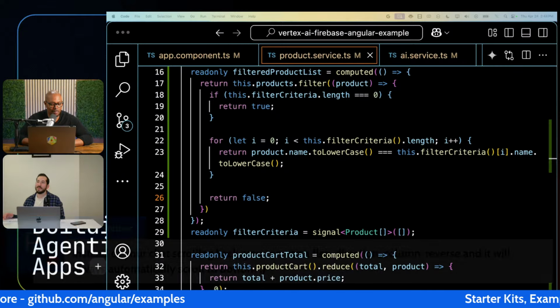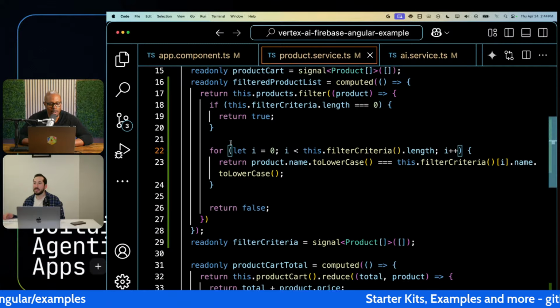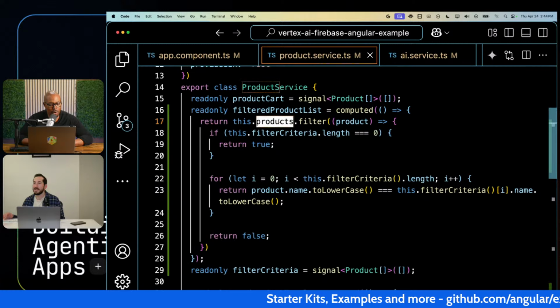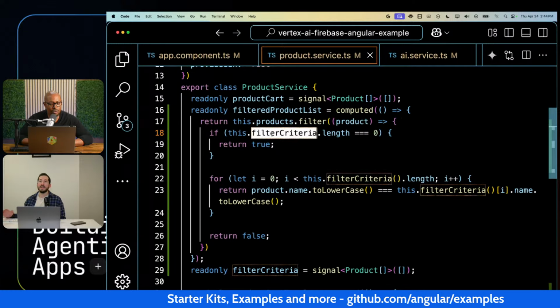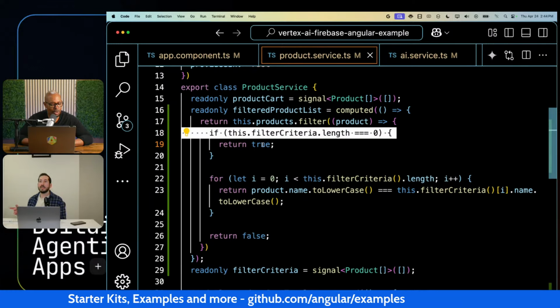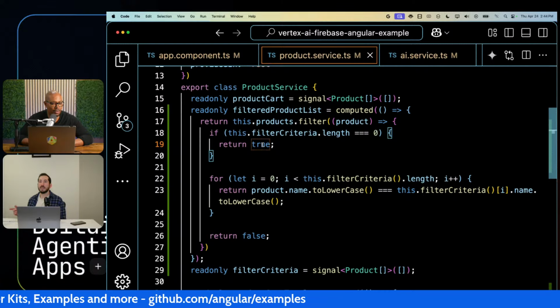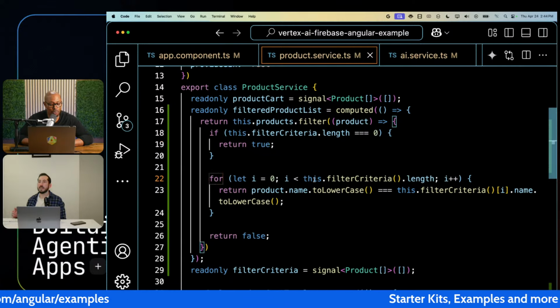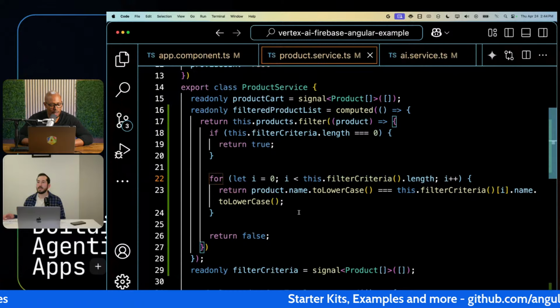Okay, so somebody said that my code is wrong. So let's walk through it and fix it. So we filter the products, and we say if the filter criteria is empty, each product passes the test. Otherwise, we actually go through the filter criteria, each one,